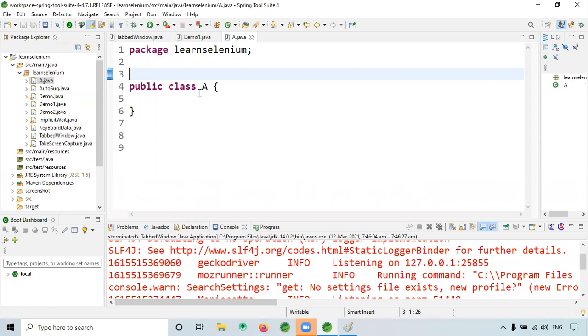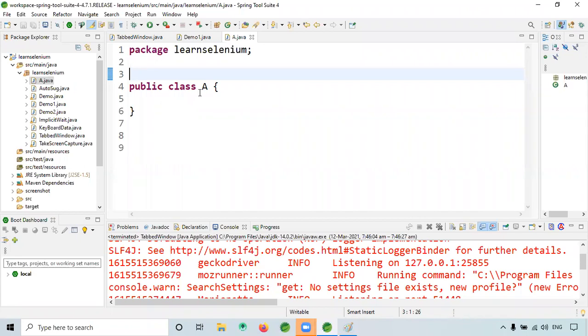Now let's understand abstraction. So first thing is what is abstraction? The definition of abstraction is hiding the implementation details and showing the functionality to the user. For example, if you take a mobile phone, you are able to use the functionalities, right? You are able to call, you are able to message. Not only mobile phone, in real life also, everything is kind of an abstraction only.